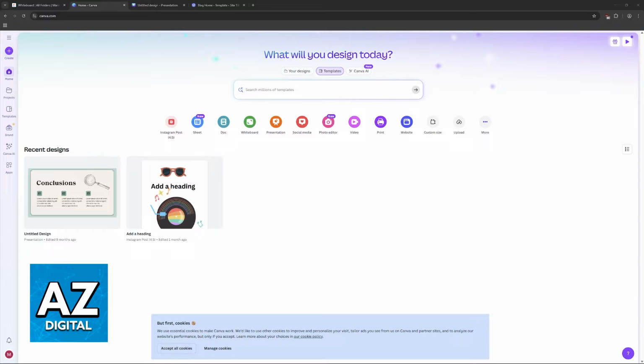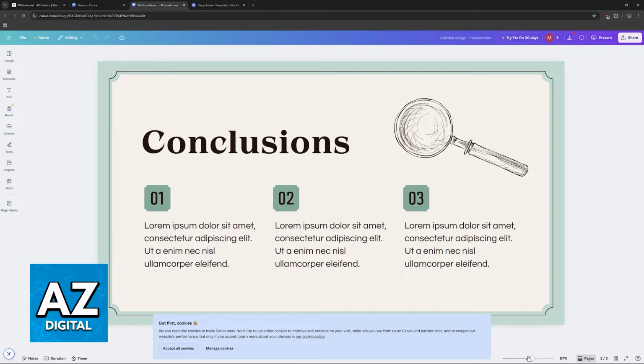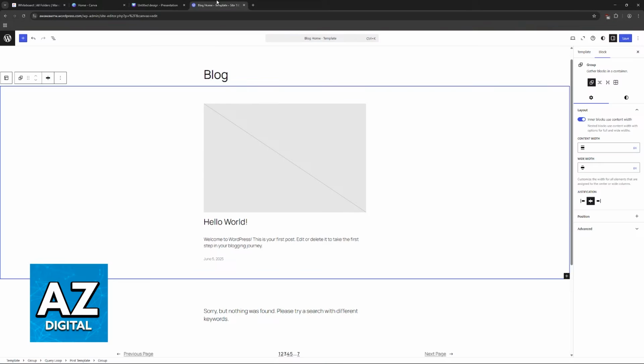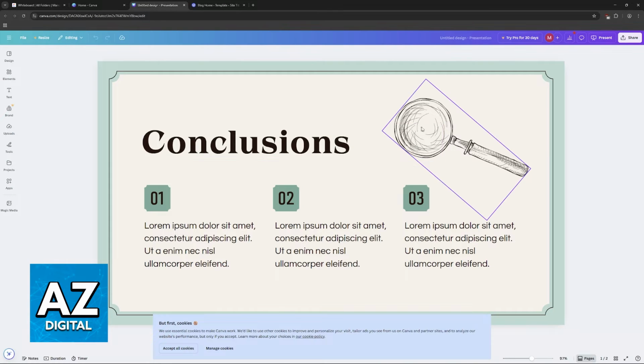So first, I'm going to be talking about the option of embedding your designs into WordPress. I highly recommend doing this if you have individual elements or sections that you would like to transfer. So as you can see, I have this extremely basic Canva design example with two slides: creation process and conclusions. Then I have my WordPress blog, and all that I have to do to embed this Canva design into WordPress